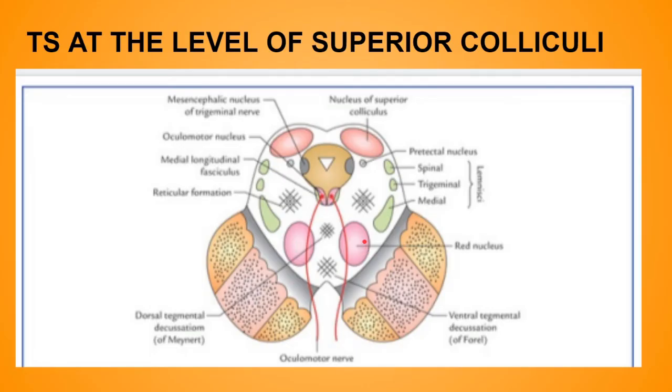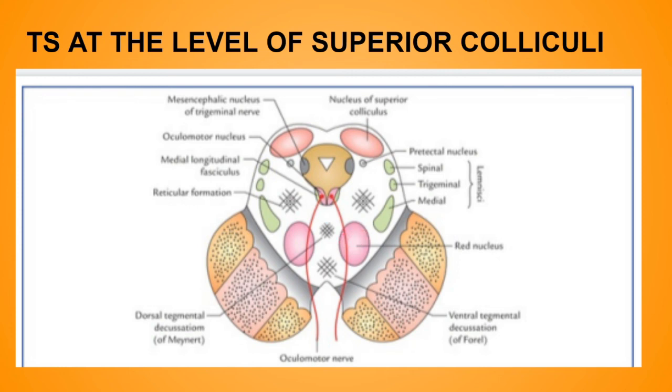Now, next is the red nucleus. This is the red nucleus. It is a mass of grey matter which appears ovoid in cross section. It is about 0.5 cm in diameter and situated dorsomedial to the substantia nigra. In the fresh specimen, it is red-pink in color due to its high vascular supply and an iron-containing pigment present in the cytoplasm of the cells of the red nucleus.